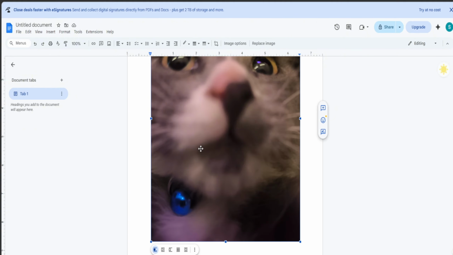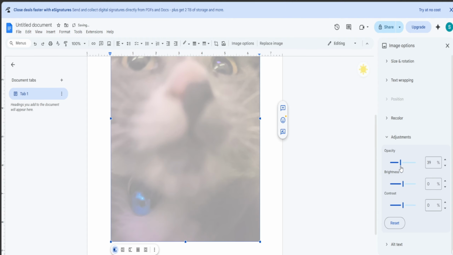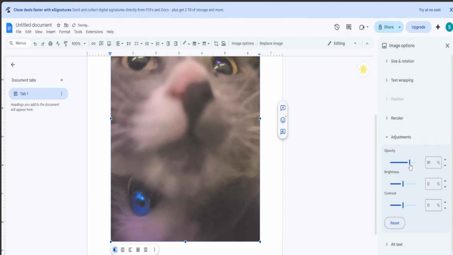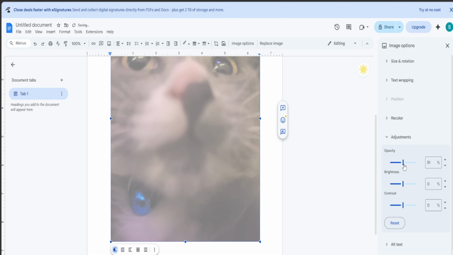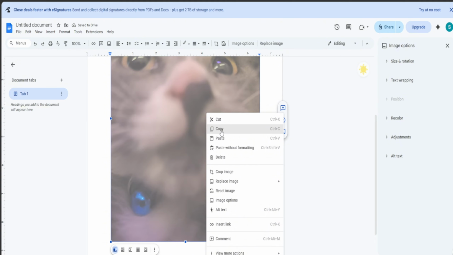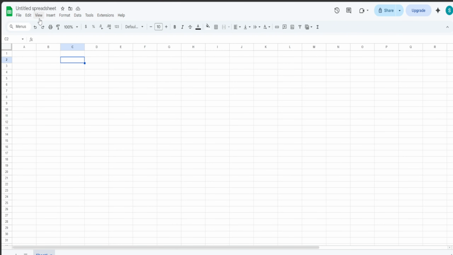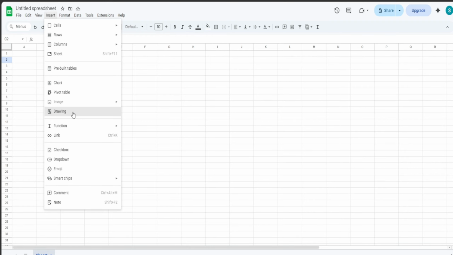So right click and then go to image options, go to adjustments and change the opacity to something you prefer. Just make sure it's not that clear, I suppose, something like 60. So once you have that set, what you're gonna do now is click on the image, right click and press copy. Go back to your spreadsheet and then go ahead and press Insert, choose the Drawing option,